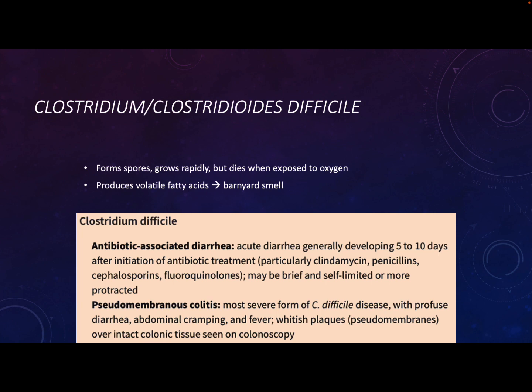In the majority of patients, it can be self-limited, right? You have diarrhea, and eventually, you can clear it. But in some patients, for whatever reason, people experience disease differently, right? We're genetically different. We have different microbiomes. In some patients, it can be more prolonged. And in some patients, it can cause more severe disease than just diarrhea. It can cause what they call pseudomembranous colitis, but basically you have plaques forming on the walls of the colon. You have tissue destruction occurring, profuse diarrhea, abdominal cramping, fever.